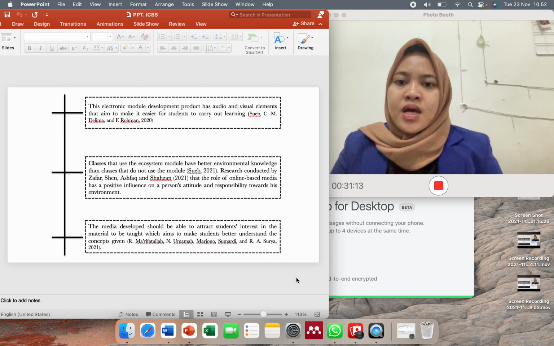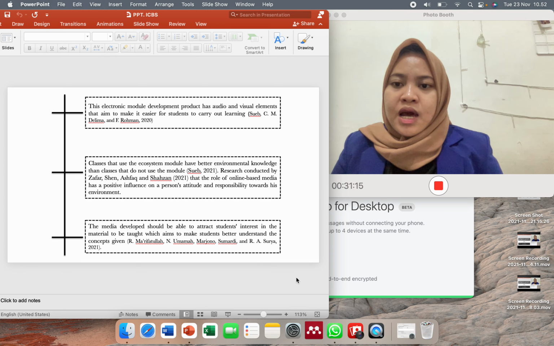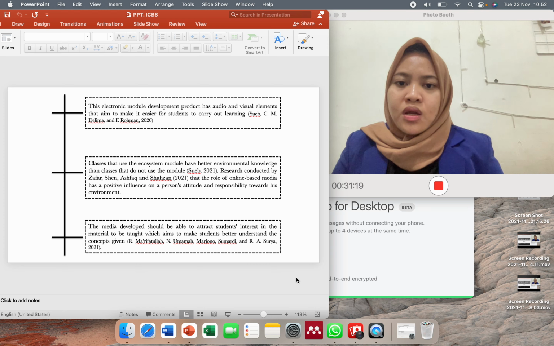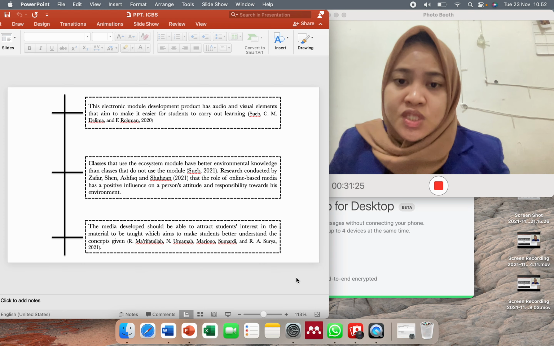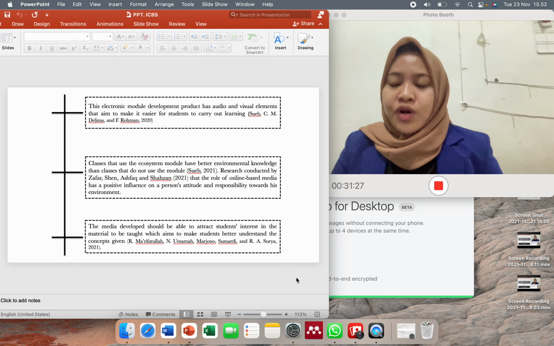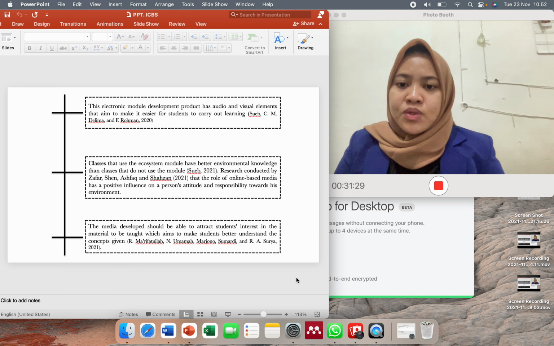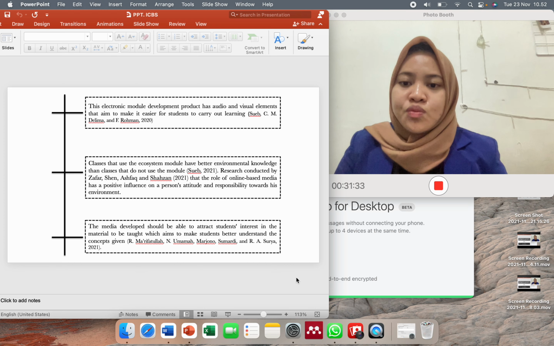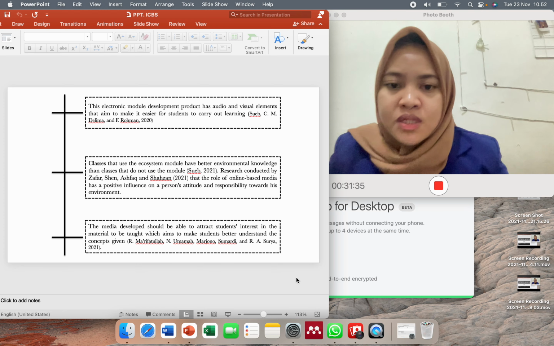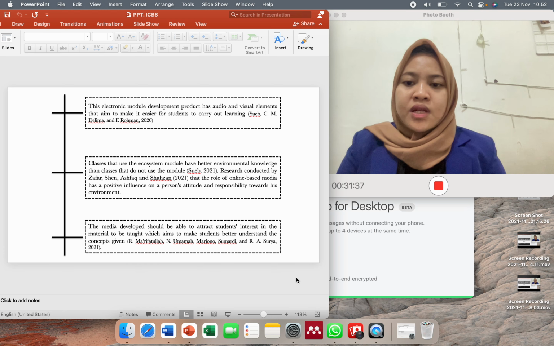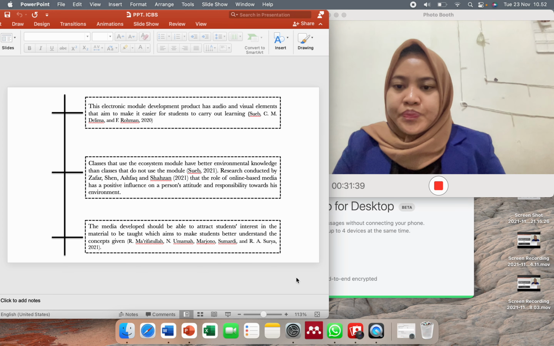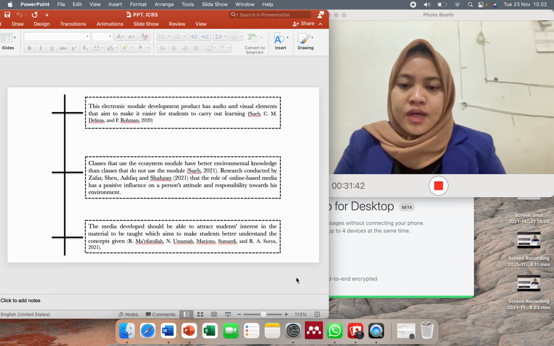And from Zafarshan Ashfaq and Zazan, the role of online-based media has a positive influence on a person's attitude and responsibility towards his environment. The media development should be able to attract student interest in the material to be taught, which aims to make students better understand the concepts given, from Marifatullah.